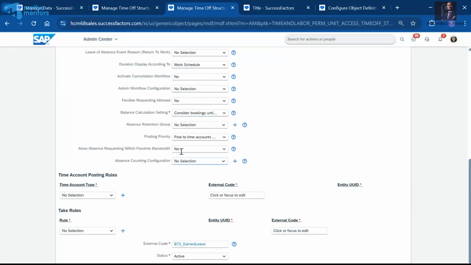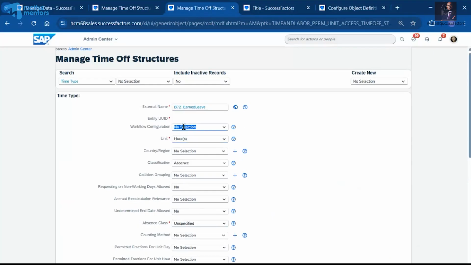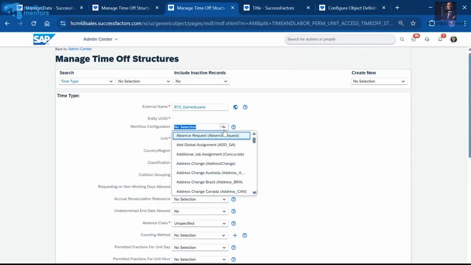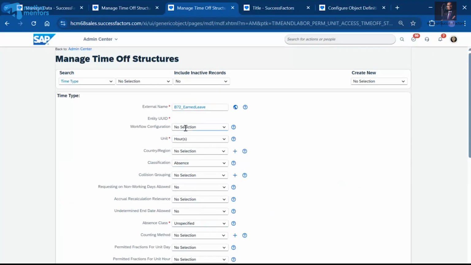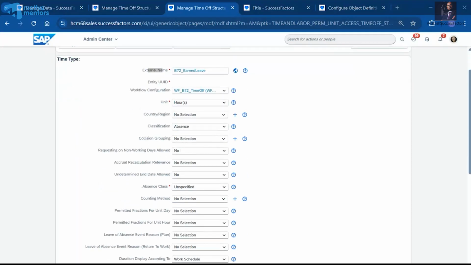Copy this one, come down here and go to workflow configuration. If you want workflow configuration, a lot of workflows are there, so select the workflow you want. This workflow is active. Now the time type. This is the discipline, try to understand: whenever you are choosing the time type, make sure that after completion of your external names,